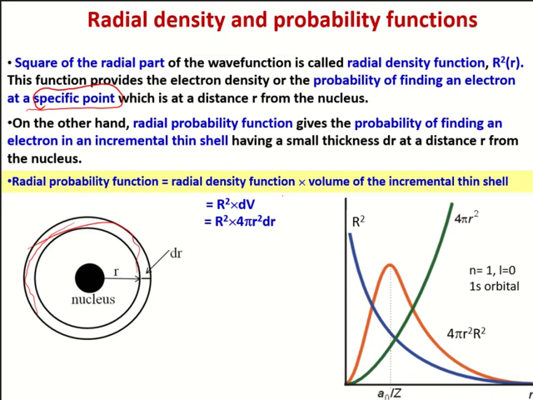ये जो ग्राफ है ये क्या है? So capital R square, we have just seen that it is an exponential decay for 1s. Simple 1s के लिए अगर हम देखें तो simple exponential decay है. So that is the blue line that you see. The blue line that you see is the plot of R, capital R square, that is the wave function, square of the wave function